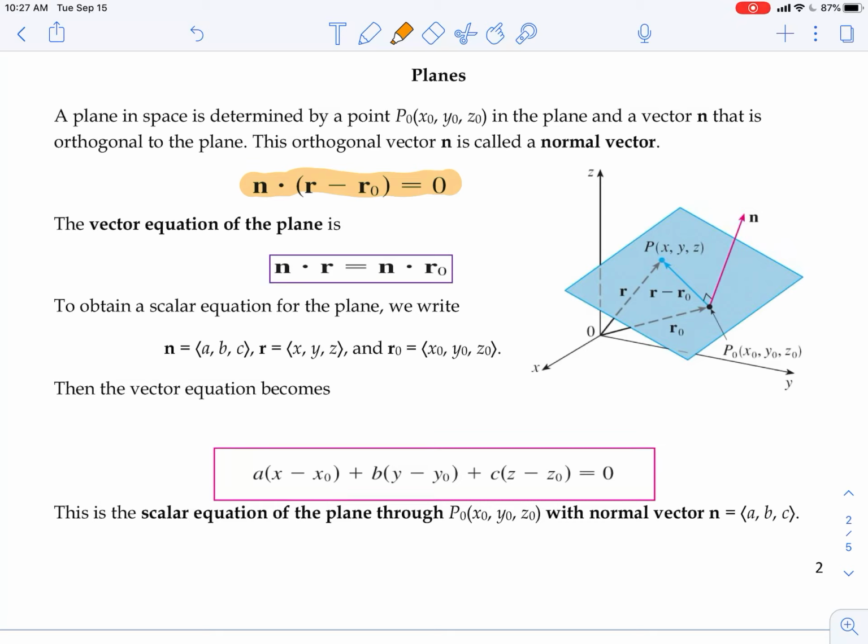Our normal vector is going to be made up of components a, b, c. Our r vector is our variable vector x, y, z, and our initial r vector is just going to come from an initial point, r sub 0, x sub 0, y sub 0, z sub 0. And why this is a vector, but I say initial point, is because this is going to be a point that is going to come from the origin. So then our vector equation becomes very similar to our line equation, where we have a times x minus x sub 0 plus b times y minus y sub 0 plus c times